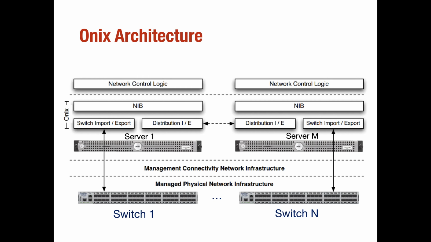So control programs are sitting at the top, and those control programs are accessing this network information base, and based on that, they apply the logic of how to react to any type of changes in the network, and how to apply their control policies in the network. Okay. Any confusion so far?